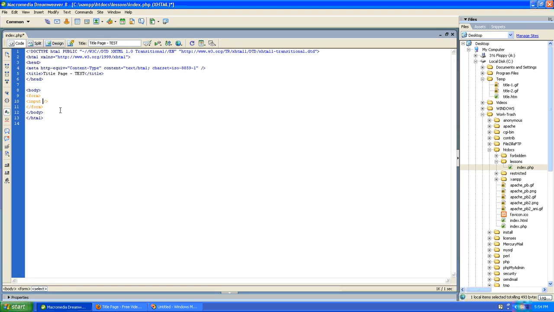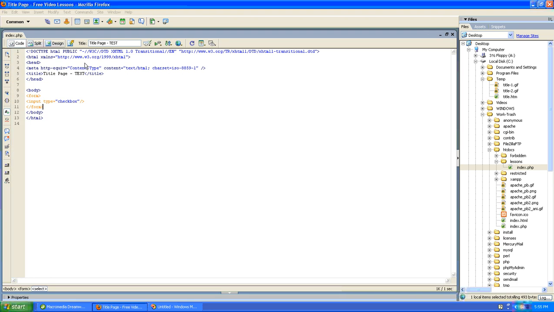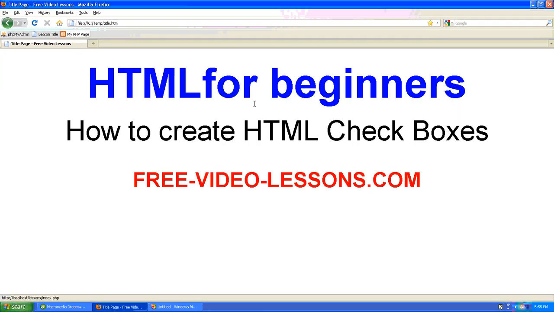So we'll say type equals checkbox. So let's stop there and refresh the page, and let's see how far we've gotten. Great, so far you can see we've got one checkbox. There's not much to it, and it doesn't do much, and it certainly looks a little funny without a label,